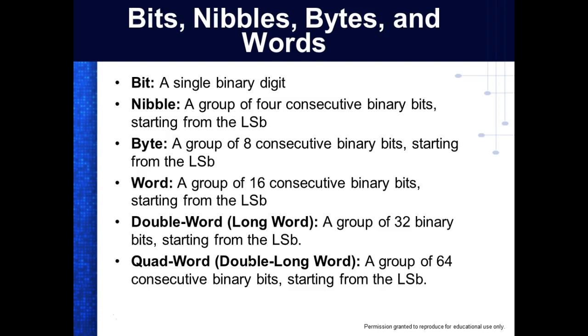And then we have groups of 4s. What do we call groups of 4s? I always thought the guy that came up with this had to be hungry. What do we call groups of 4s? We call it a nibble. And it's not any group of 4. You always have to start from the least significant bit, right? You understand that? Then we have groups of 8s,